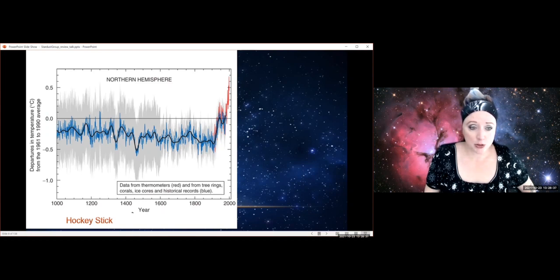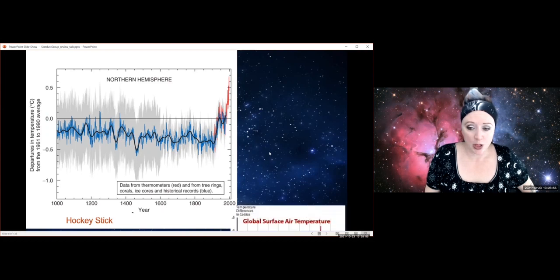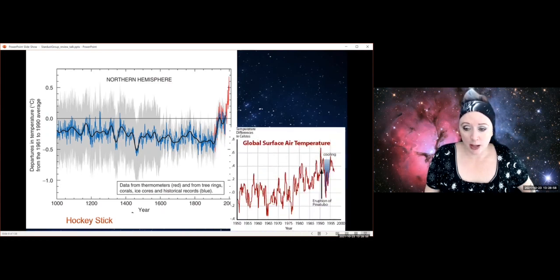You've got different temperatures for the planet all the way along. But as we get past the 60s and into the 2000s, what we're seeing is that the temperature of the Earth is rising rapidly, much more rapidly than these changes that we were seeing before. Now, if we look at this in detail, again, we can see the wiggling around. So this is now 1950 to 2000. And there's this cooling that happened here. And this is due to the eruption of Mount Pinatubo. So Mount Pinatubo is a volcano in the Philippines. It erupted in 1991, and its eruption threw lots and lots of dust up into the atmosphere.